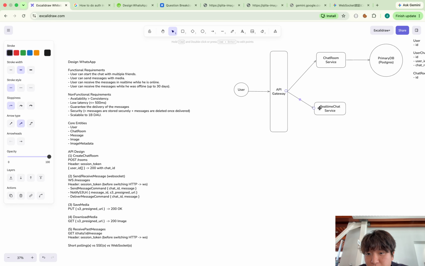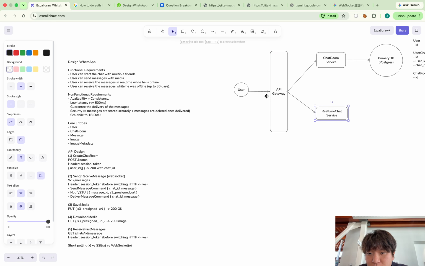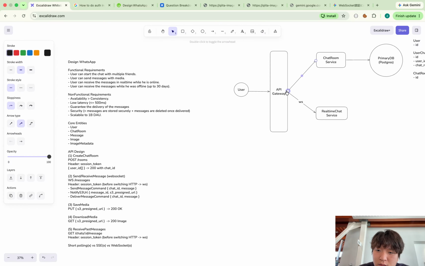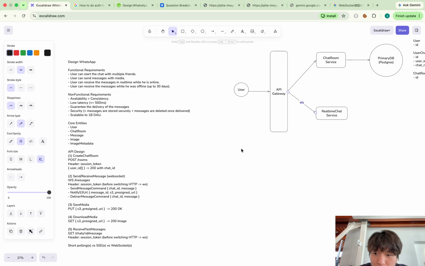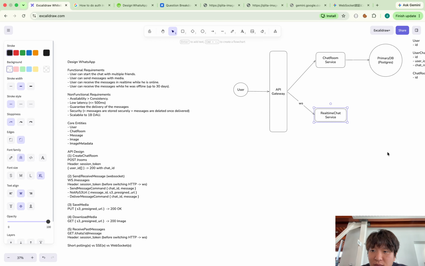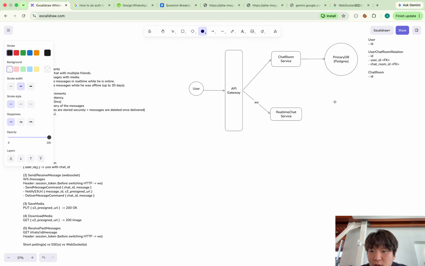And because this is WebSocket, this connection has to be kept alive. And I will think there is only one server for now. I will talk about the scalability later. And the thing is, the user sends the message from this WebSocket, and this is stored in the messages table.